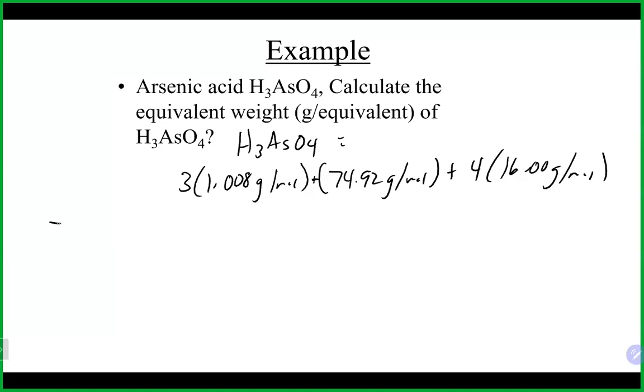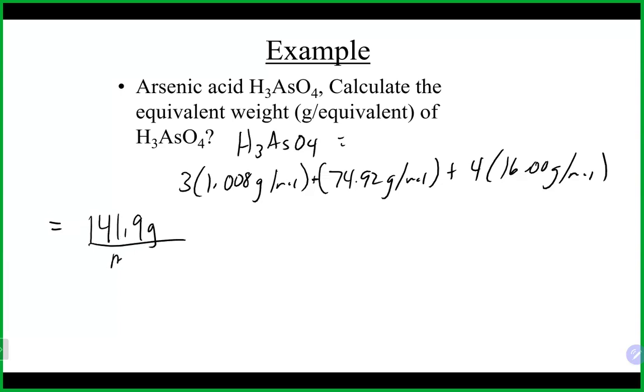That gives us a molar mass of about 141.9